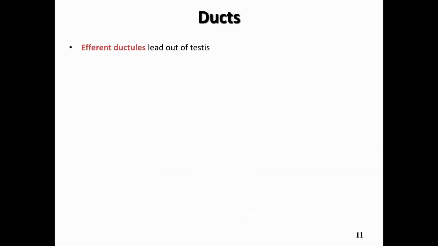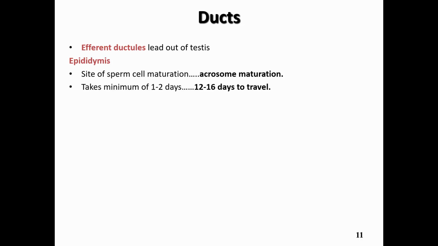In terms of the ducts, some additional details here. Once again, the efferent ductules are the tubes that lead out of the testis. This is an important area because this is where sperm cells mature as they move into and collect in the epididymis. One area of the sperm cell that matures is the very tip of the head, called the acrosome. This process takes at least 1 to 2 days, and usually 12 to 16 days for sperm cells to travel